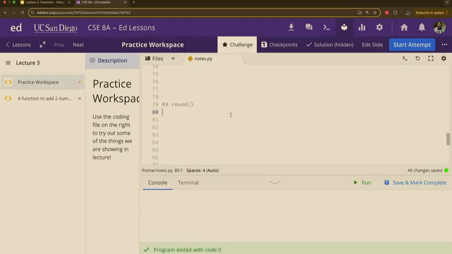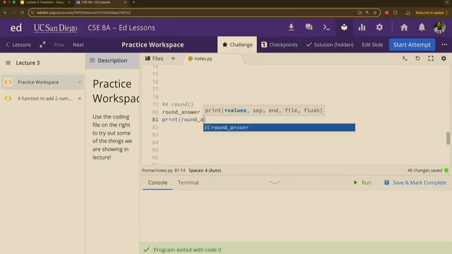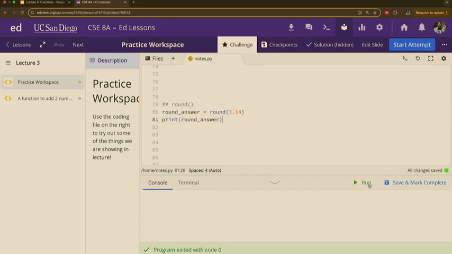There's another one called round. Round is basically going to do the rounding. So if we try to round a number like 3.14, we're going to print that too. Print round answer. What's going to be the answer for this?